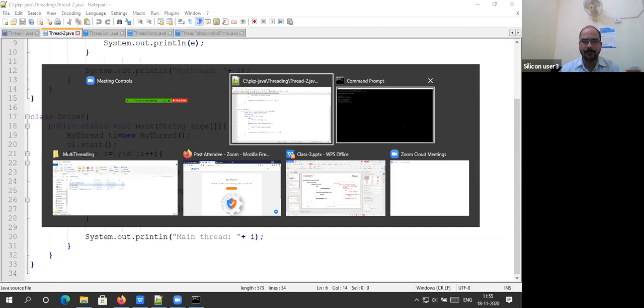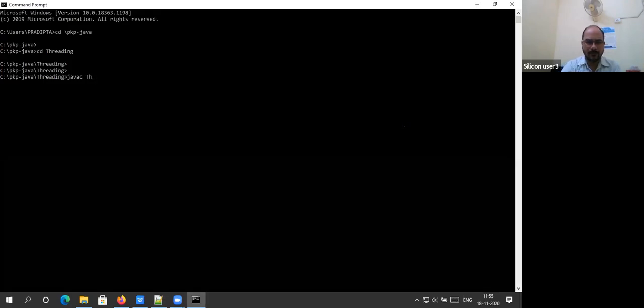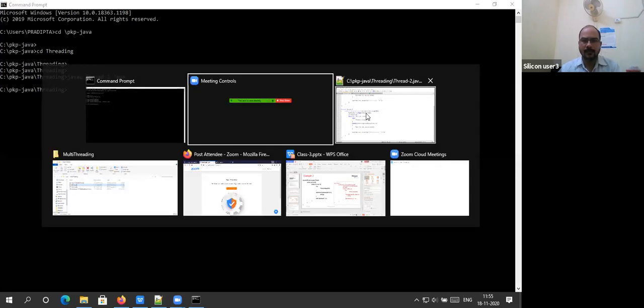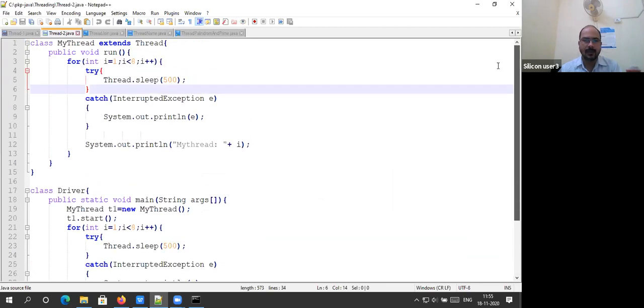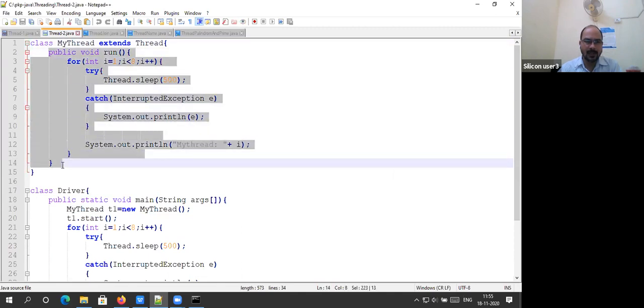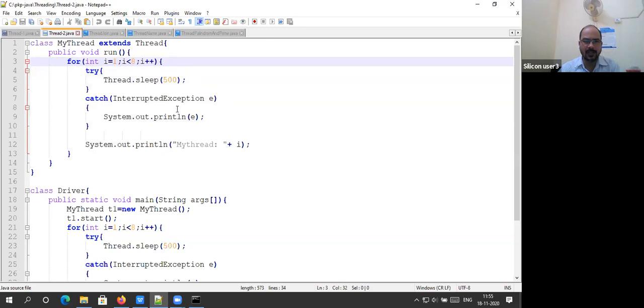Thread2. See the code here. Same things I have written over here. I am defining a class MainThread that extends from the Thread class. So this is the run method. That means that to the thread I am assigning this task. What is the task? Simply display from 1 to 8. When it displays the number, what will it do?